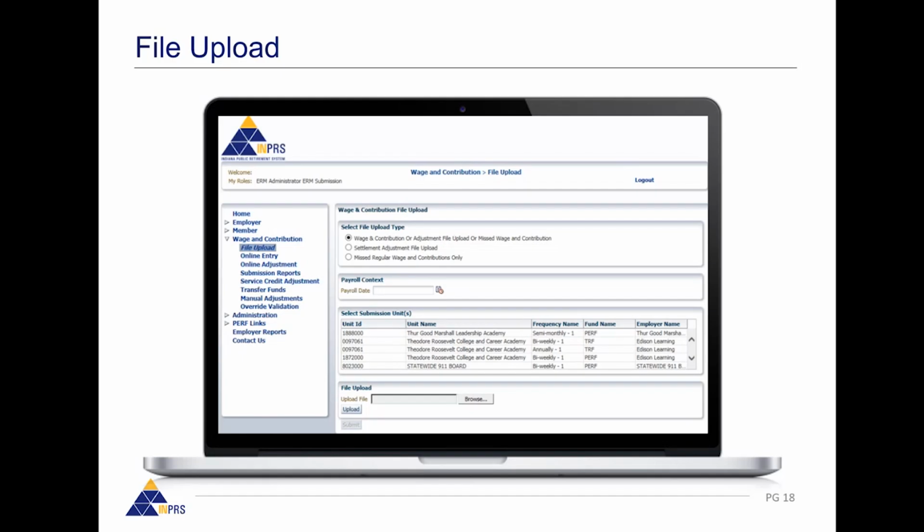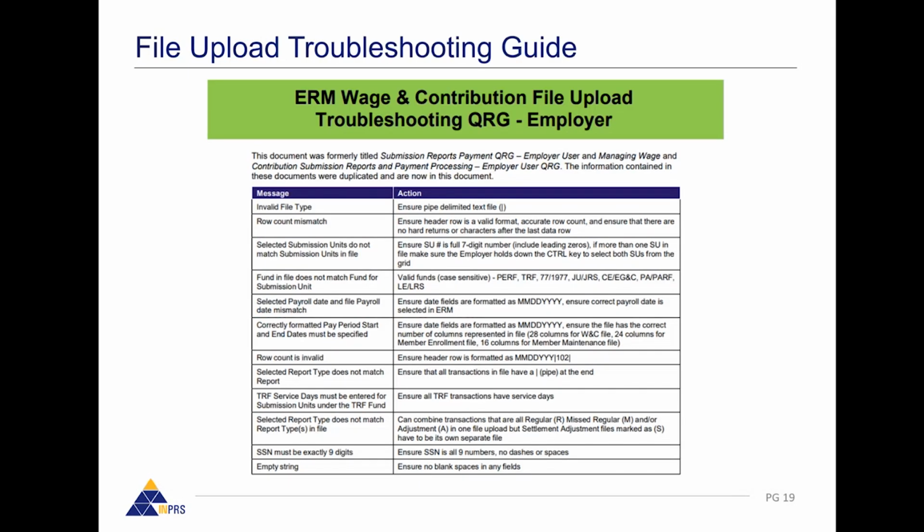And then on our next screen, I have that guide that I was referencing before for troubleshooting your file uploads. So often, you might see, try to choose one of these. But for example, let's say "selected report type does not match report." So in that file, it's saying you'll want to make sure that all of them have that type character